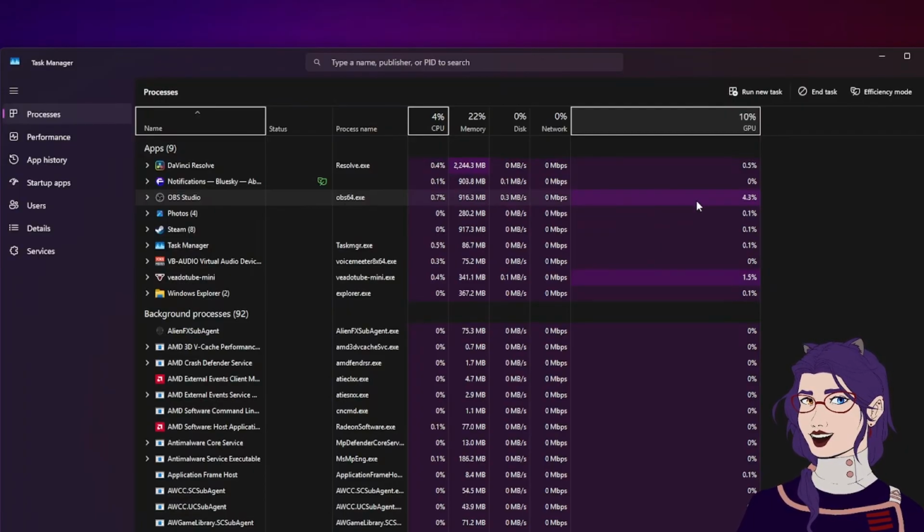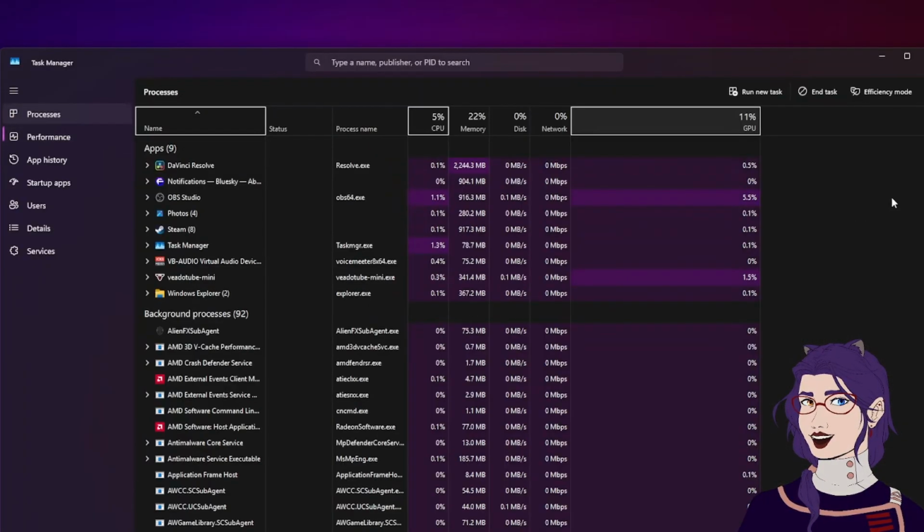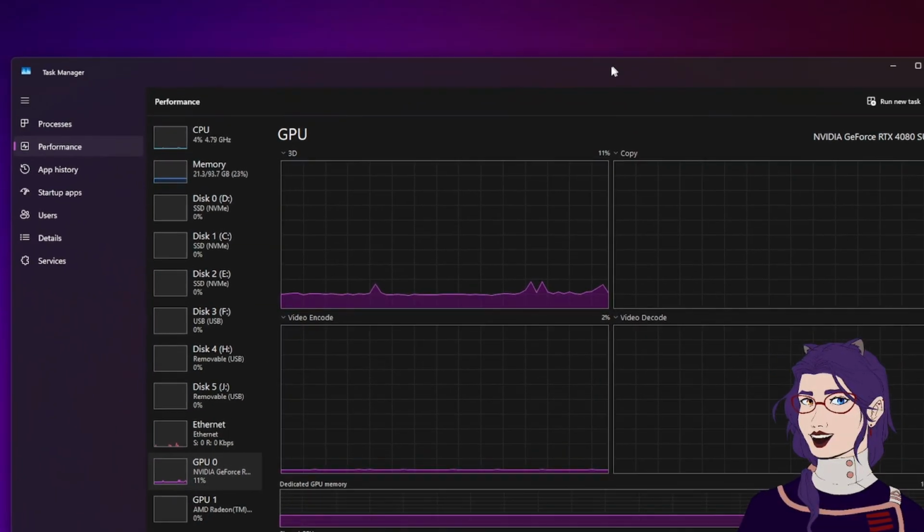Literally nothing is encoding video right now. So that 4% we're seeing, 5%, whatever it may be, it'll jump the more is going on screen. Well, it makes sense that, especially if I move this around,